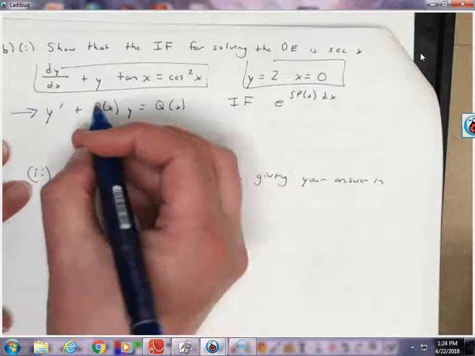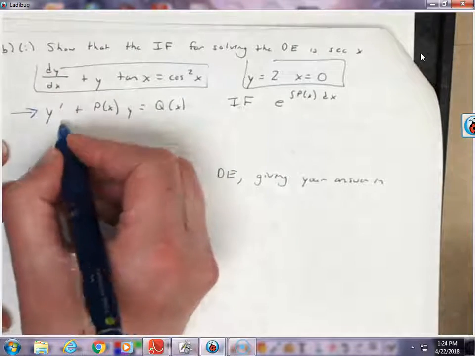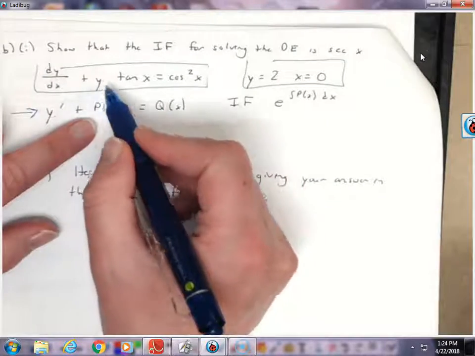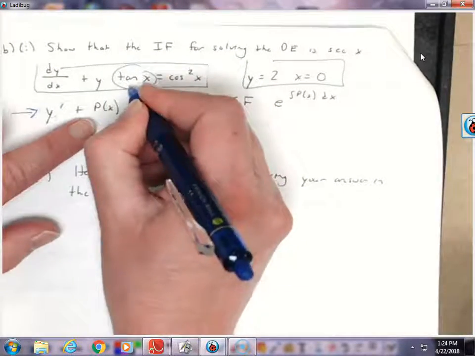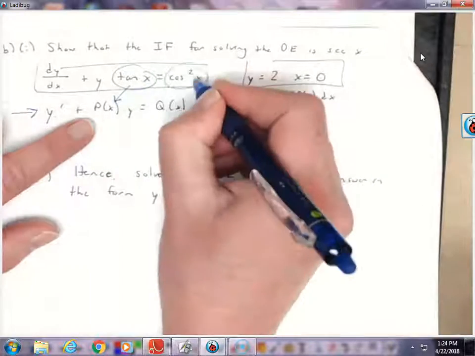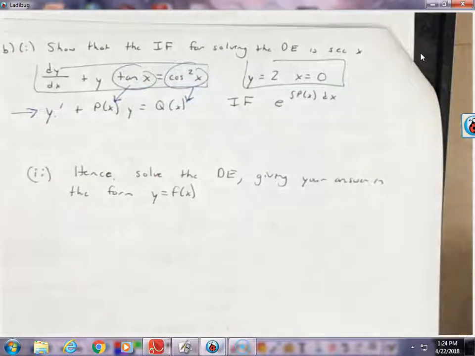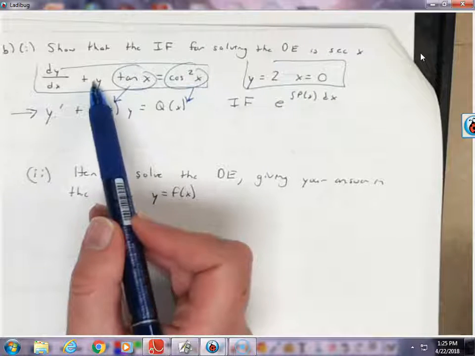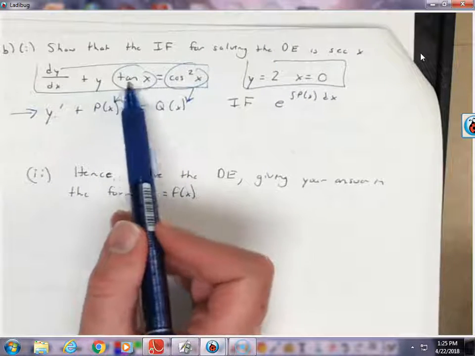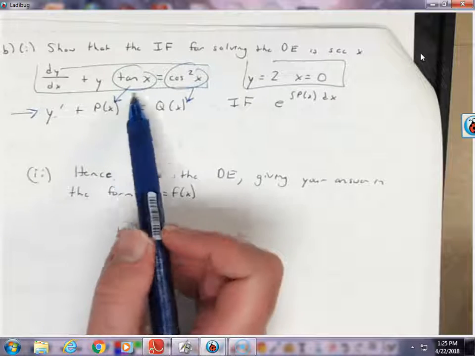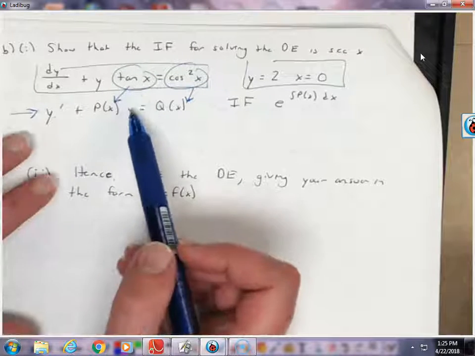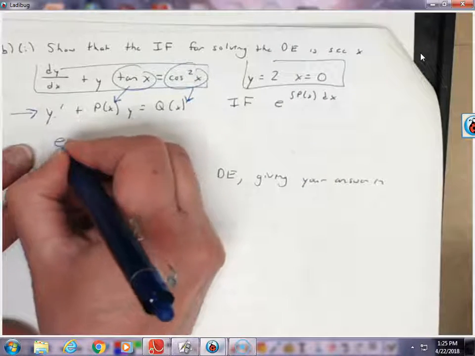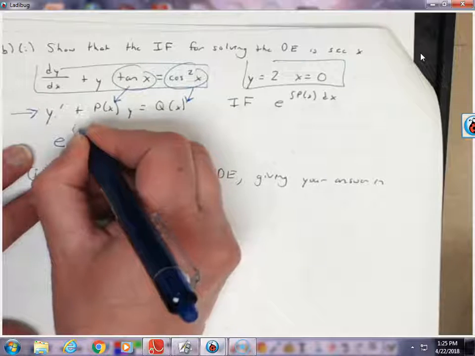Okay, so I just kind of prefer, I'm going to make sure this lines up. This would be my y prime. Okay, I just have a y, so tangent x is clearly p of x, and here's my q of x. Okay, and so the only thing I kind of have to watch for sometimes, if they have a minus here, then I have to remember that p of x is actually like negative tan x or something like that. We don't have that problem in this situation. Okay, so for me, if this is the integrating factor, I just need to do e to the integral of